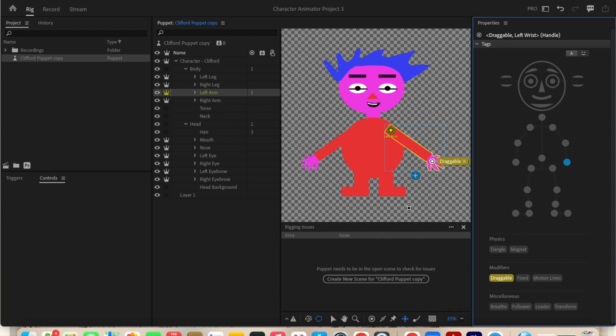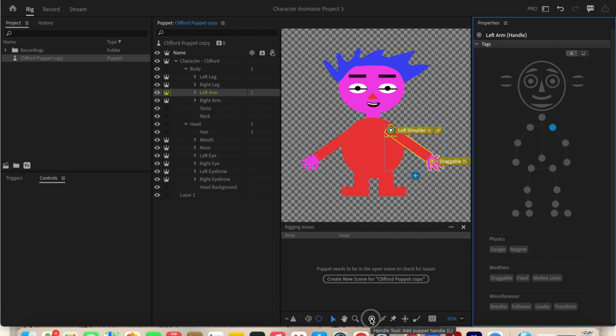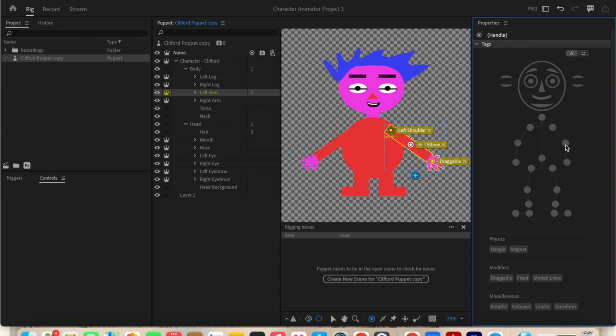Excellent. Okay, and then using the pointer tool, I'm also going to click up here where it says left arm, and I'm going to click for that one on the shoulder. And then down here, I'm going to create another handle where there's an elbow, and then I'll click over here on the elbow. And so now the software understands that those 3 spots on the arm should move along with my arm as if they are the left shoulder, the left elbow, and